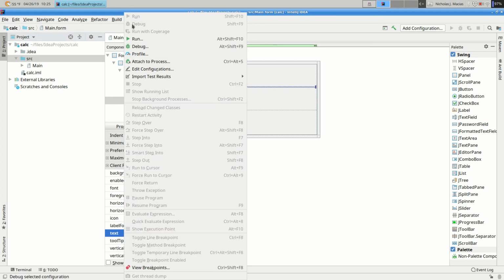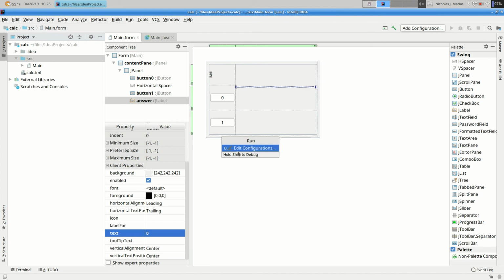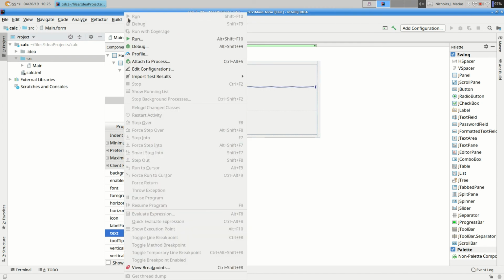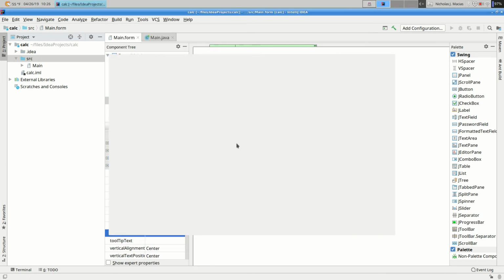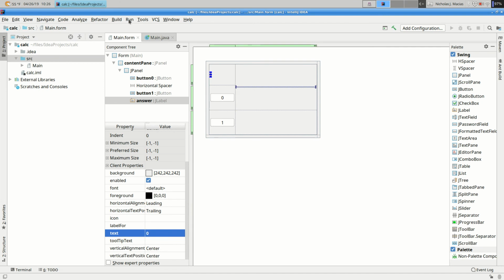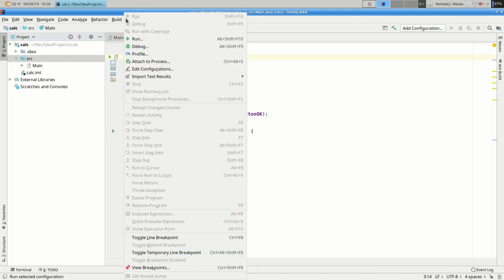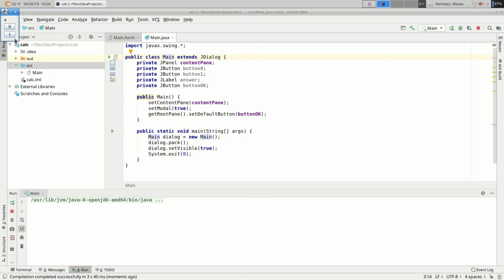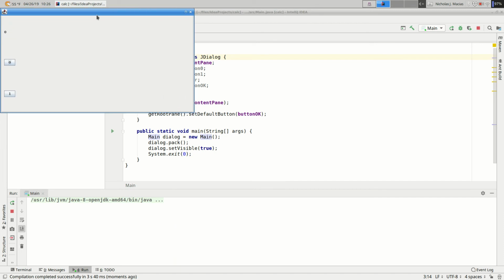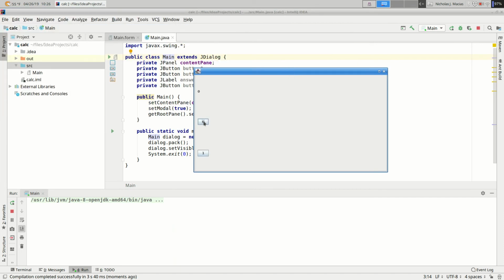And let's see what we got so far. Alright, so not very exciting. Our buttons don't do anything.